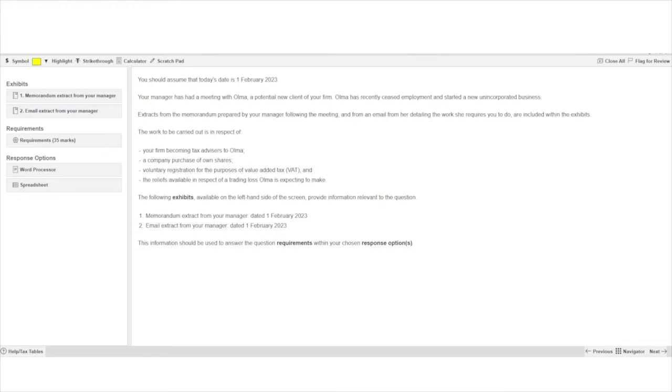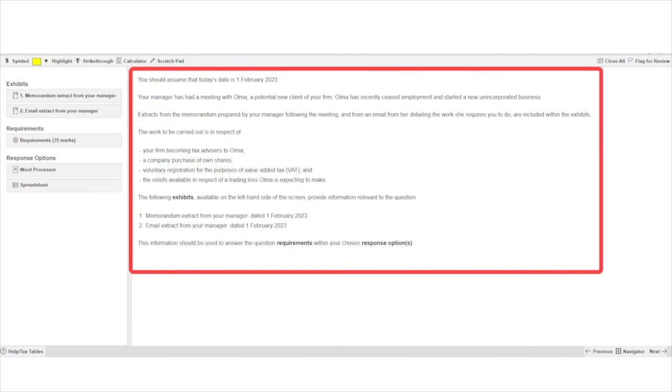So this is question 1 of the exam, and we start with a standard introductory screen, which tells us the date, gives us a little bit of background information and a summary of the work that we need to carry out. And we get a big clue in this one, in that second line where it says that we have a meeting with Ulmer, a potential new client. So there's our clue that the ethics part is going to be about prospective clients. And the first bit of work to be carried out is indeed in respect of your firm becoming tax advisors to Ulmer. If we look at the requirements,